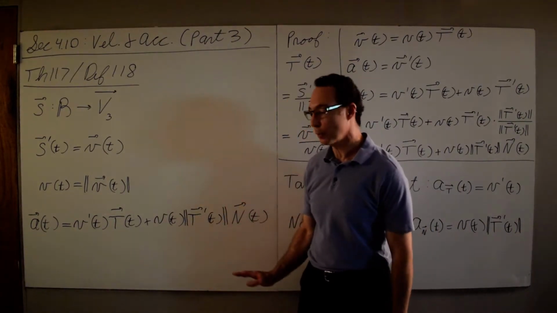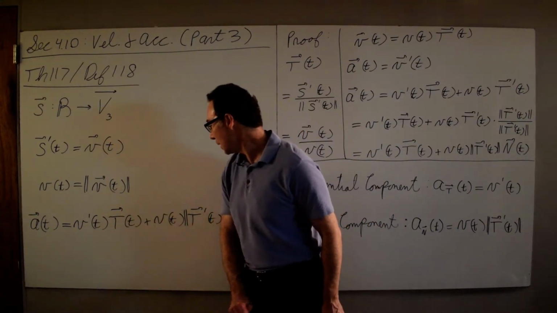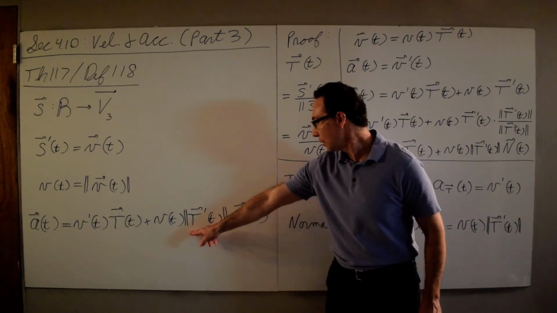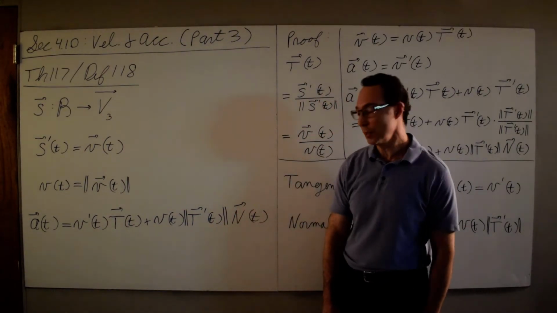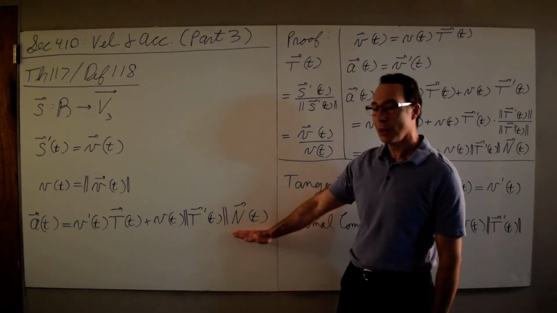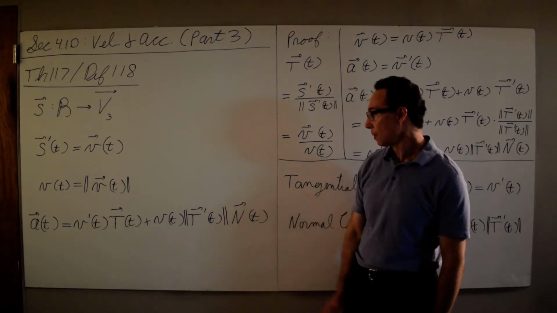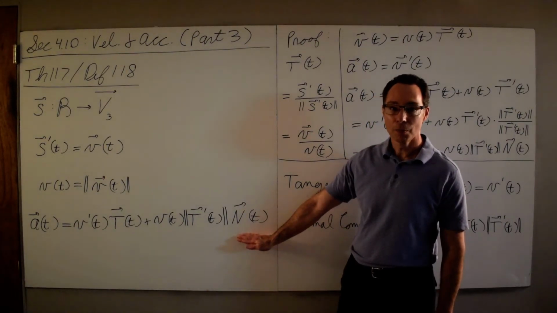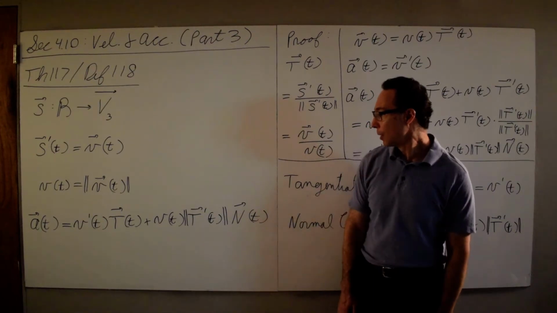And so the conclusion of Theorem 117 is how to express the acceleration vector in terms of, well, all of these vectors. We have the derivative of the speed, we have the unit tangent vector, then we have the magnitude of the derivative of the unit tangent vector, and then we have the normal vector. So acceleration can be expressed this way. So why? Well,